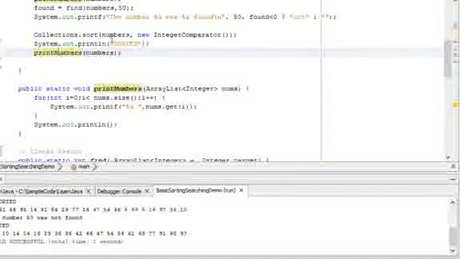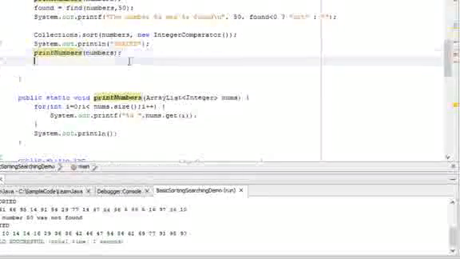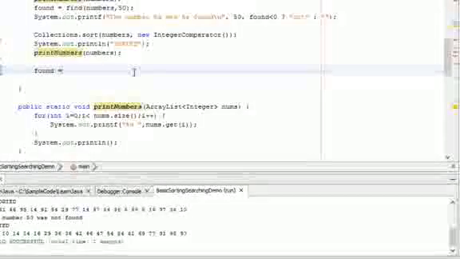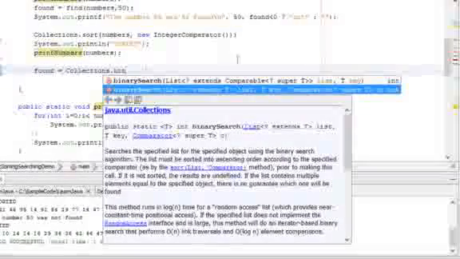Now that we have a sorted collection, we can use the binary search method, which is much more efficient at finding numbers than a linear search. And the way we use binary search is very similar to what we did in the linear search. We just call collections.binarySearch instead. And of course we need a comparator, so we're going to say found gets. You see it takes a list, a key, and a comparator. So I'm going to give it a list, which is numbers,